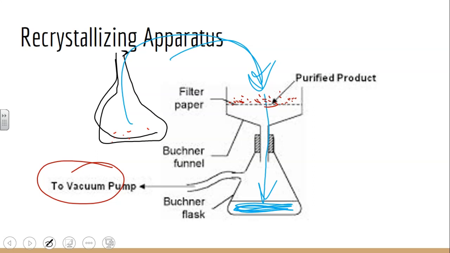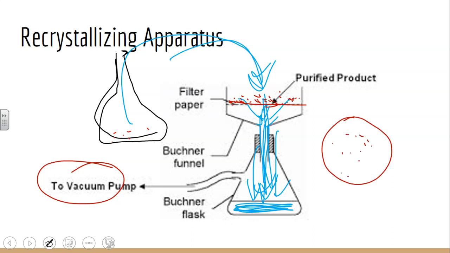Now the reason why we hook it up to a vacuum is to create suction. That suction will help pull the liquid down through here, and the other thing that it will do is help pull air through the solid, and that is going to help dry the solid and get rid of any remaining solvent that's in the solid, and pull it down through here. Okay, even though we have the filter paper with all the solid on there, and we do the vacuum, we still need to take that filter paper